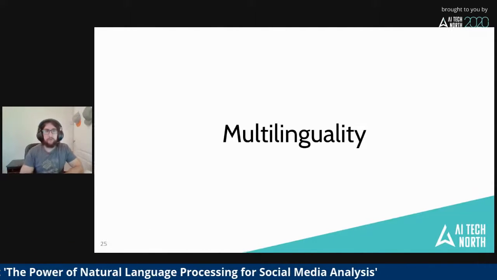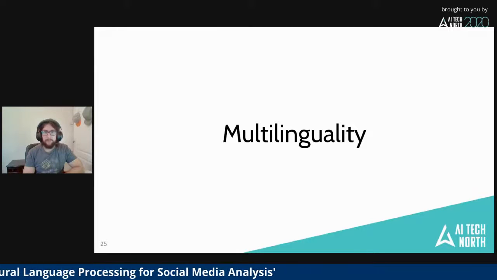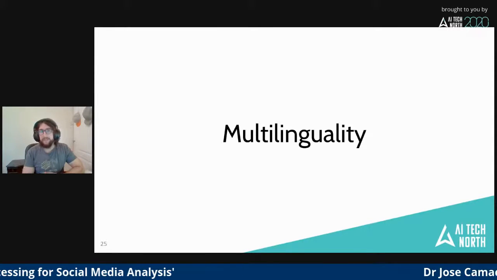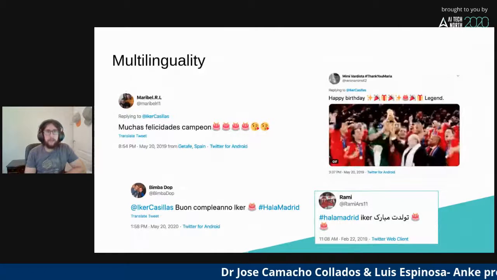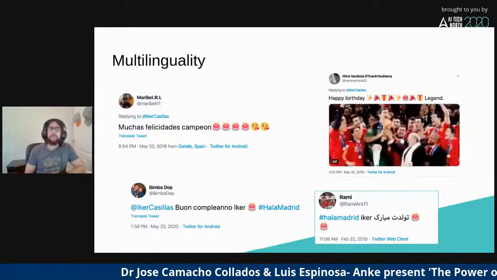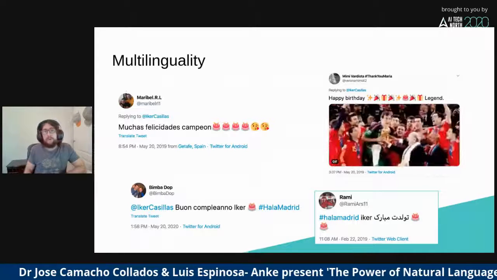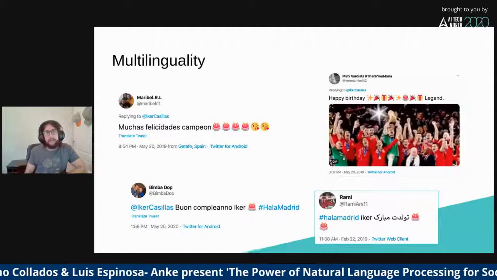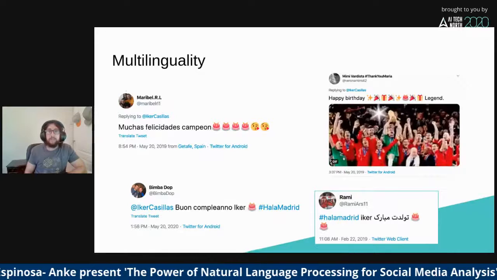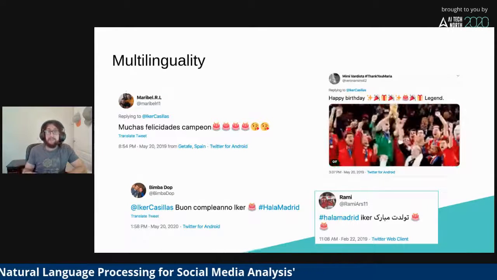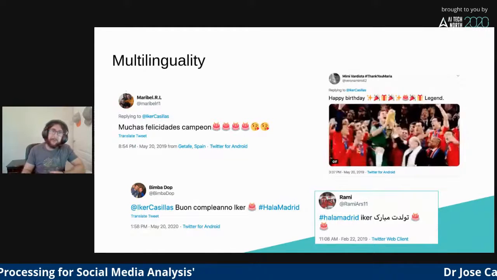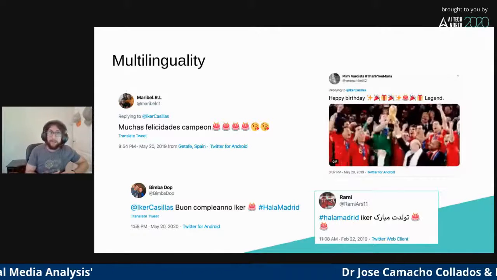So let's have a look at the multilinguality part first, and why it's an interesting challenge to address in social media processing. So we know social media, right? Although most of the data in social media platforms like Twitter, Facebook, and others is in English, it's not the only language. And even if the distribution of English data is much higher than all the other languages combined,